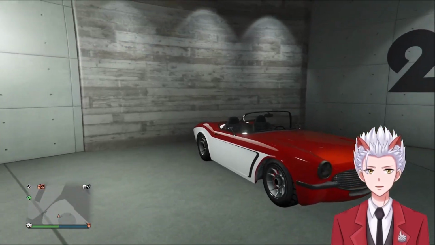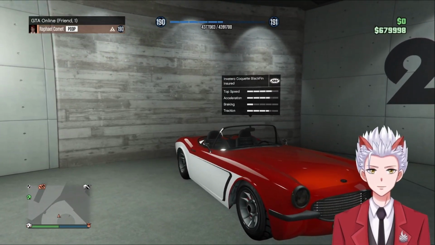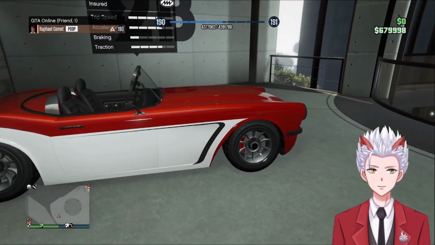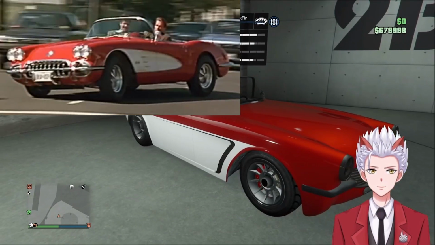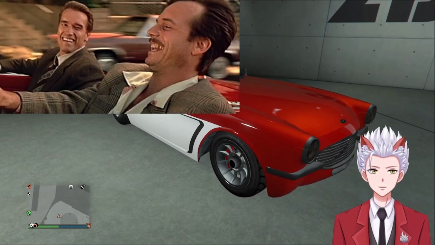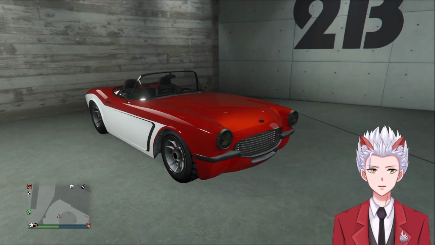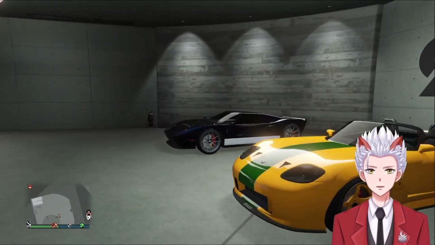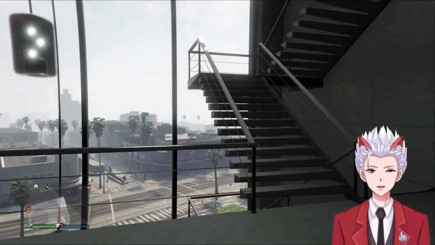And then we have the Blackfin, Coquette Blackfin, which I based off the True Lies Corvette with Arnold Schwarzenegger and the Bill Paxton scene. Very cool. So that's that floor. Moving on up to more